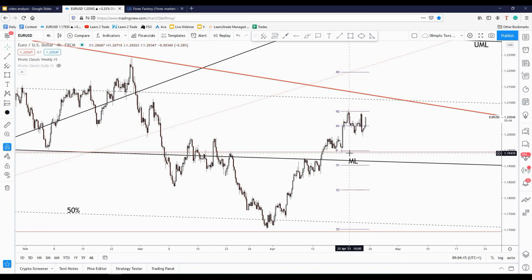Okay, and let's take a look here on the 4-hour chart of the euro versus the US dollar. The price has increased in the short term as much as 1.2079. It has reached the weekly R2 resistance, where it has found resistance